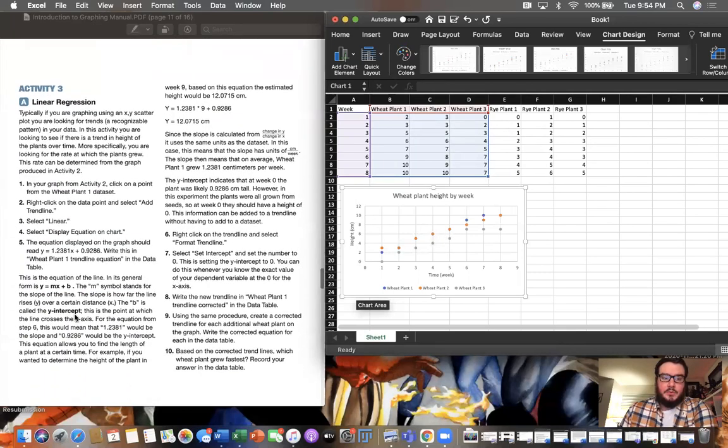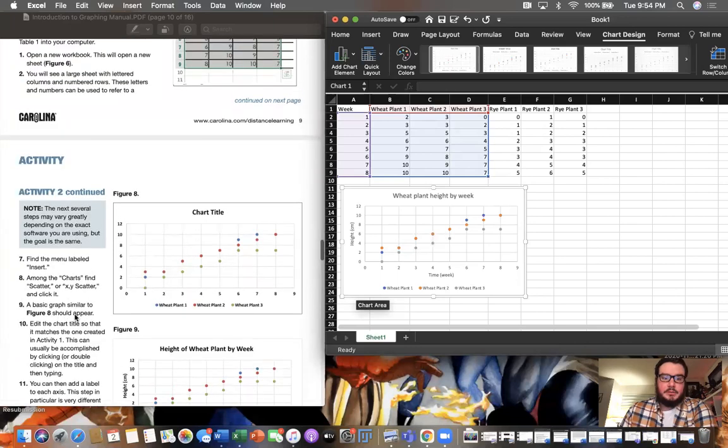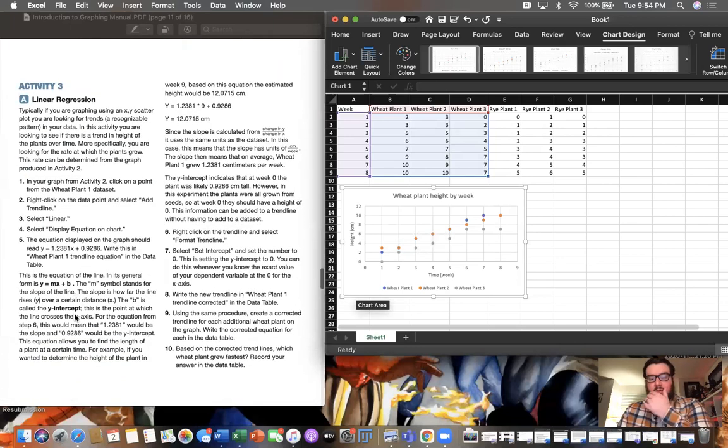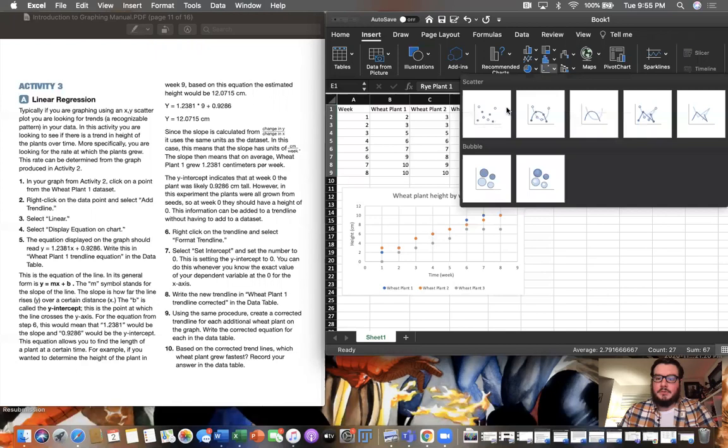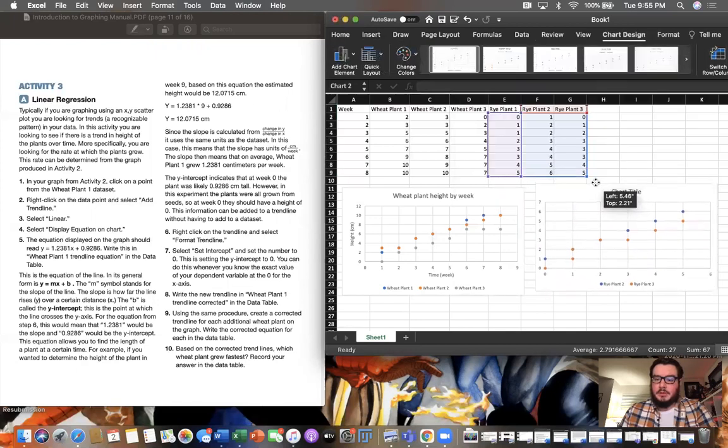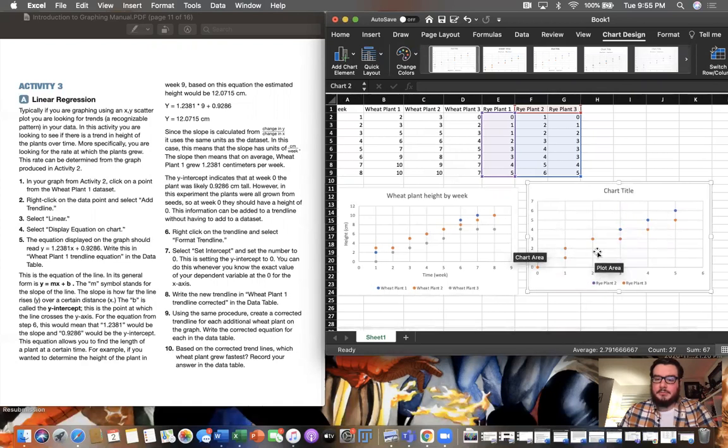So now we're moving on to activity number 3. If you had any issues with activity number 2, take a couple minutes, pause the video, go back, figure it out. If you want some more practice, do the same thing, but with the rye plants. You can select the rye plants, go back to insert, go over to scatter, go here, and it'll give you the same thing. And you can fill that out